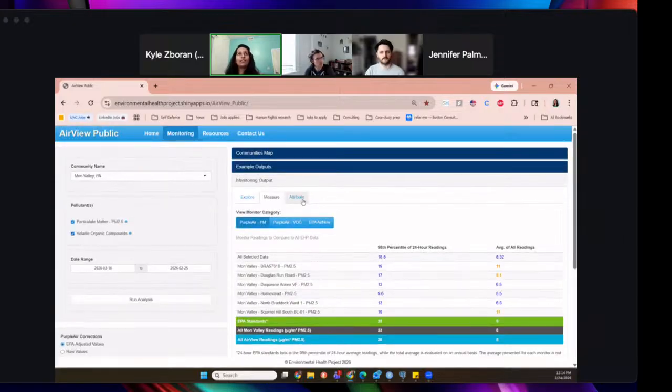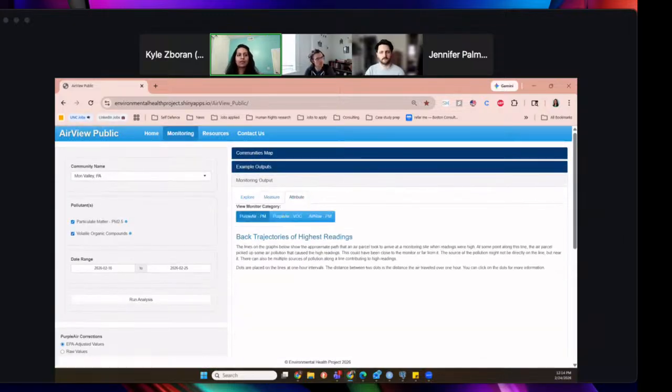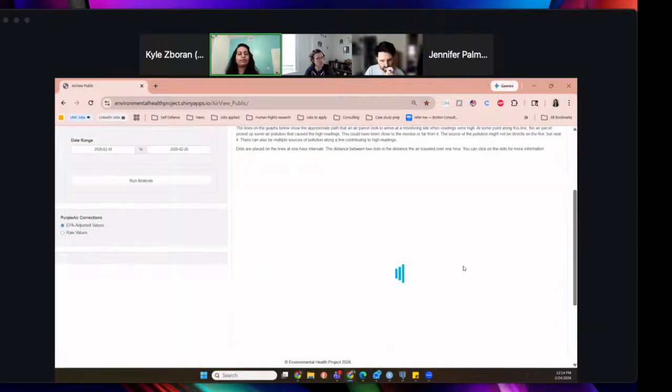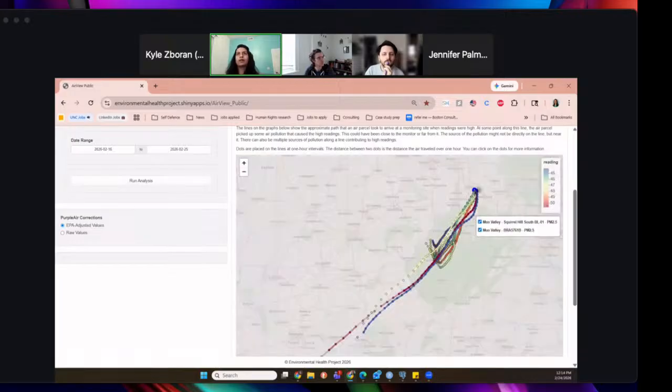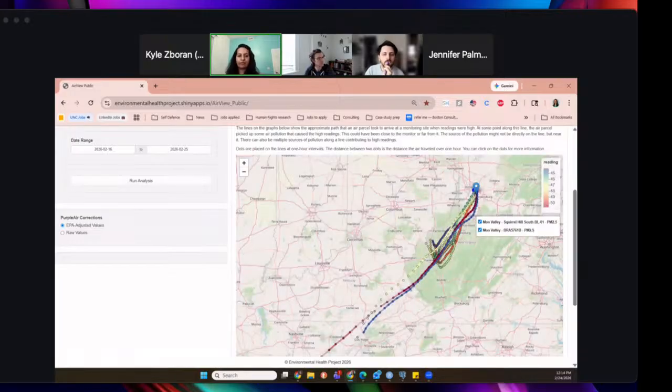Now, let's move to the attribute section. This section helps us explore a different question. This answers the question, where was the air coming from when those highest readings were recorded? The map shows where the air came from when the 10 highest hourly readings were recorded on a selected monitor. Each colored